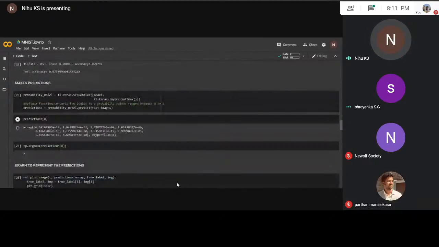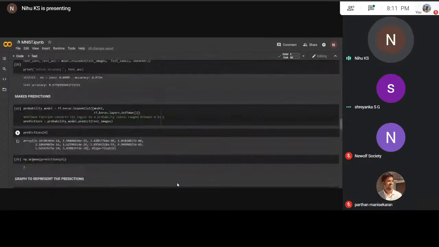And next we check how well the model can predict a certain number. It has displayed how accurately it can predict a certain number, ranging over all the digits from 0. And these are the values that are there.